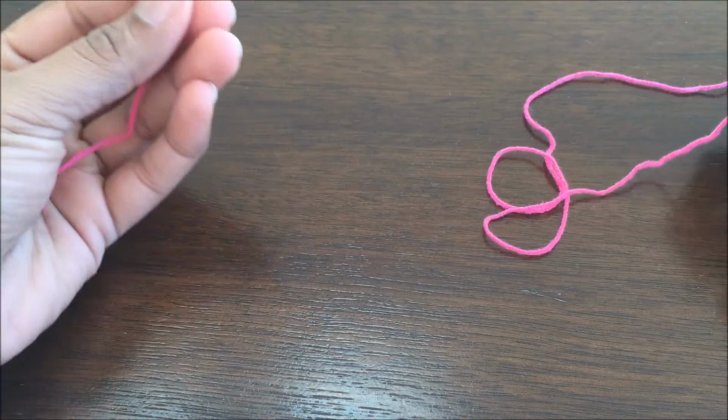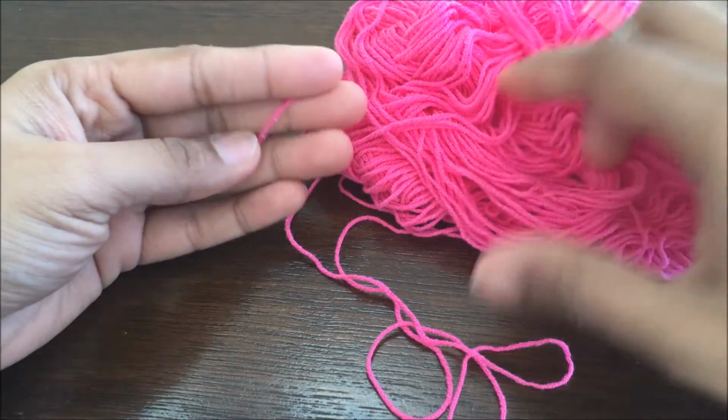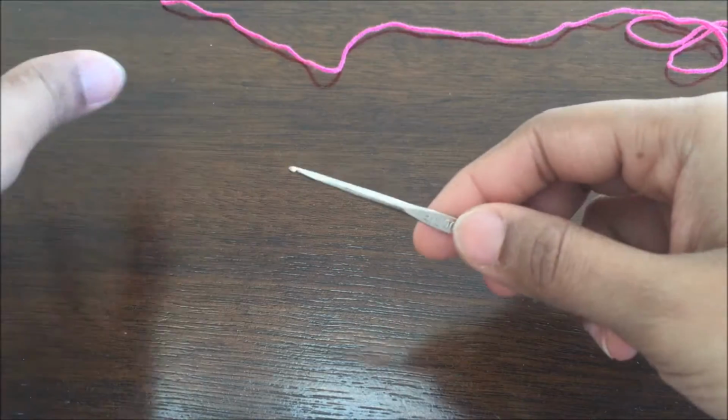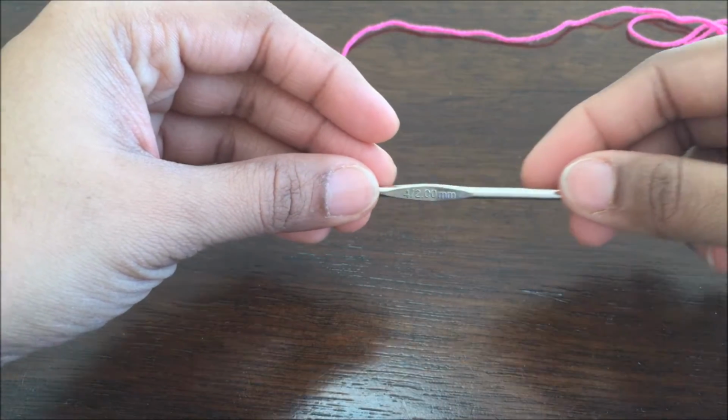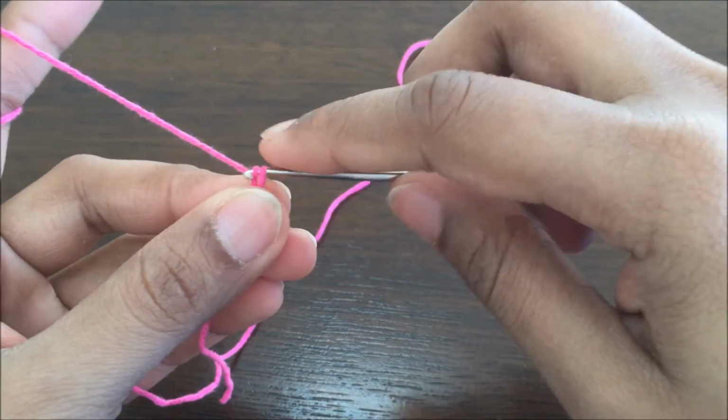I'm using Lorena Superfine yarn. This is around 2 to 3 mm in size, and this is from Ice Yarns, and I'm using a 2 mm crochet hook from Boye. To start with, I'll make a chain of 2,